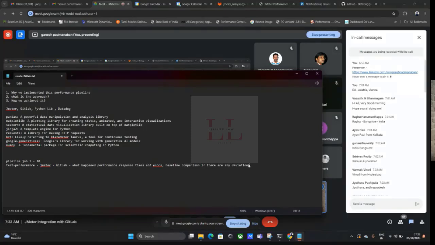Baseline comparison if there are any deviations, that is the only thing that they were doing. It was already existing before I joined, but they did it through Selenium automation. There were Selenium API scripts already available. So what someone did is they used JMeter DSL. For somebody who doesn't know what JMeter DSL is, it's the programmatic version of one of the plugins, not the plugin. It's a framework, introduced by Abstracta, if I'm not wrong, and you can programmatically run JMeter through this JMeter DSL plugin, and you can generate JUnit reports,